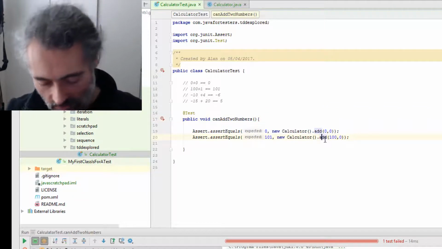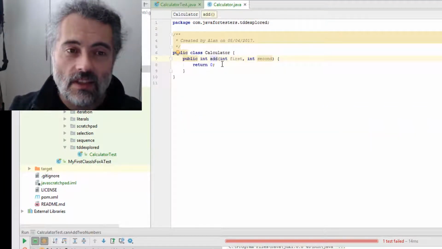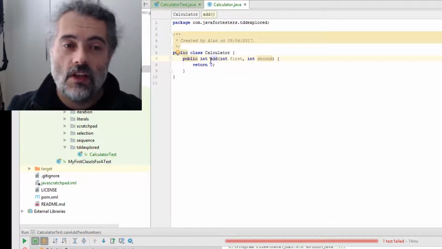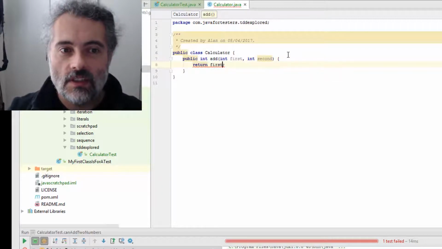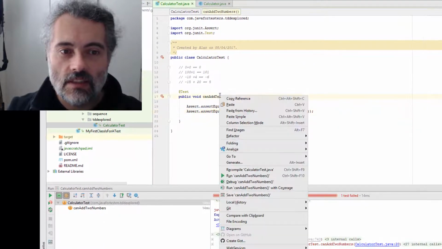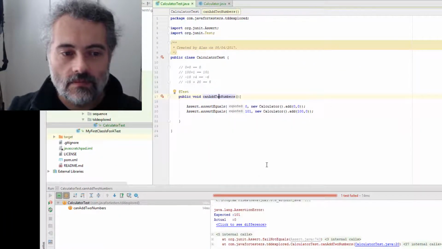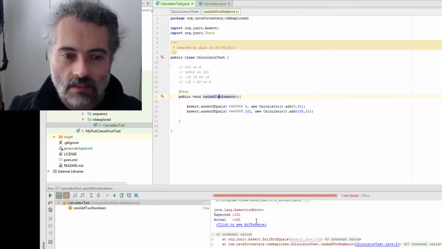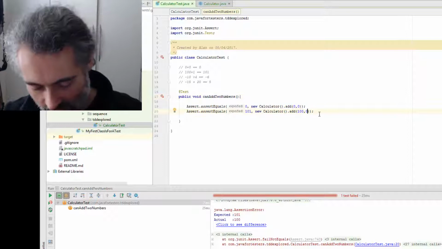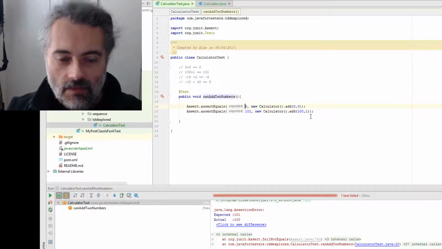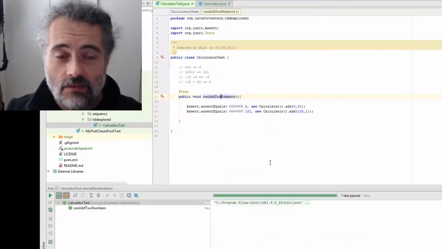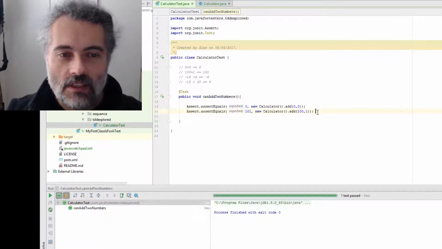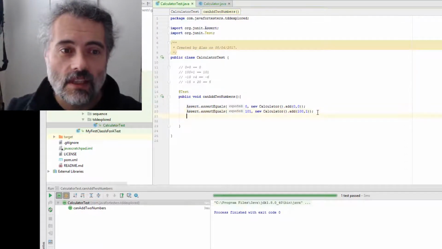So let's write the code for this. Now I could, in theory, say if the first is 100, then return 101 else, but what we'll do is we'll just add these two. So I'll return first plus second. I'm expecting this to pass. And it didn't, because I didn't add in the values. There you go. Let's, now that we put in the correct requirements, there we go. So I can keep going here, and I will keep going to meet the acceptance criteria,